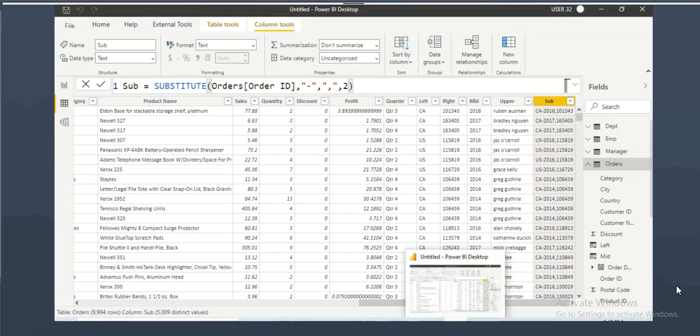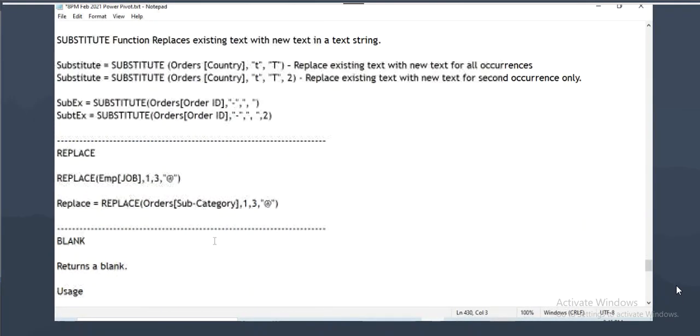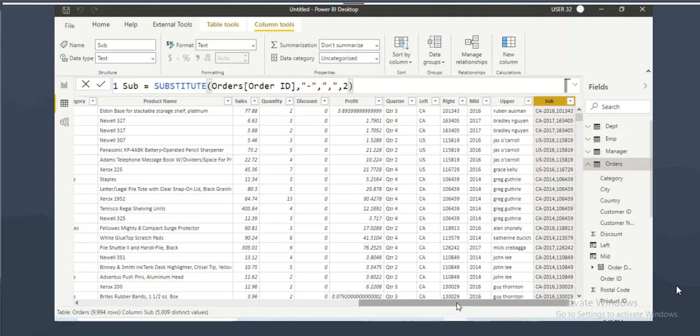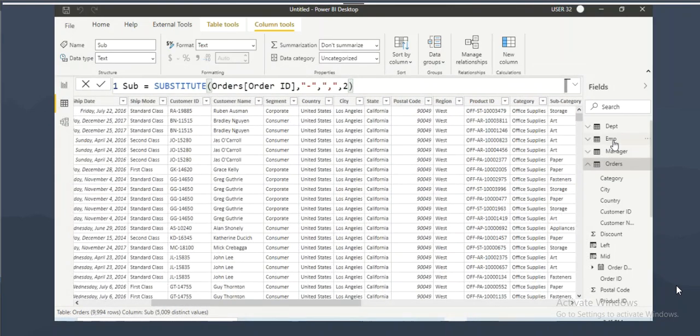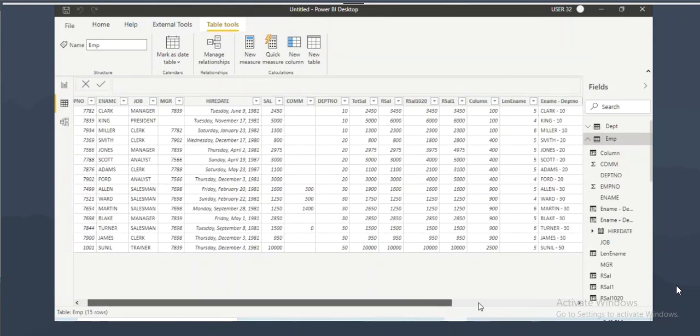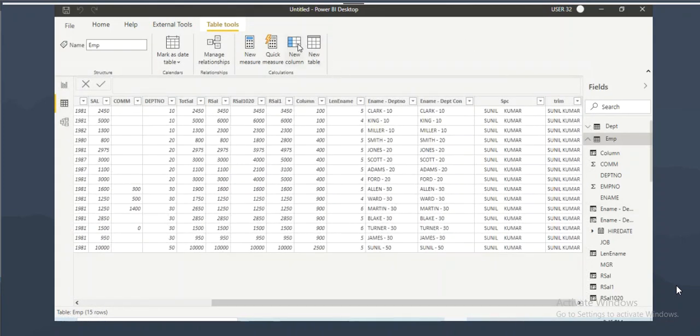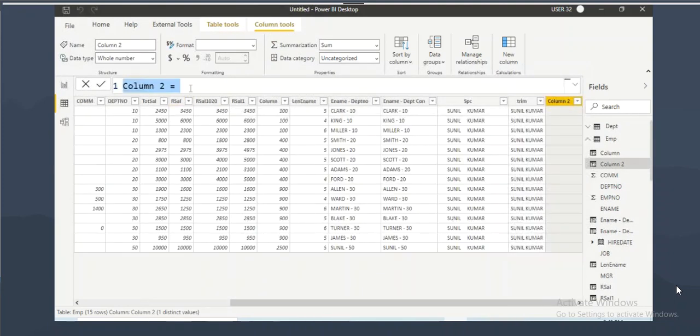Right. The next one is the REPLACE function. Sometimes we want to replace text with some stars. Take an example. When you see account numbers or mobile numbers, they don't reveal all of the mobile number or all of the account number in the bills. When a credit card bill is generated,